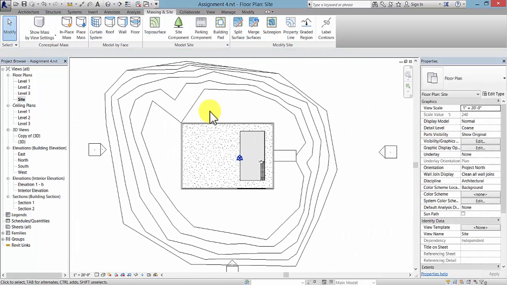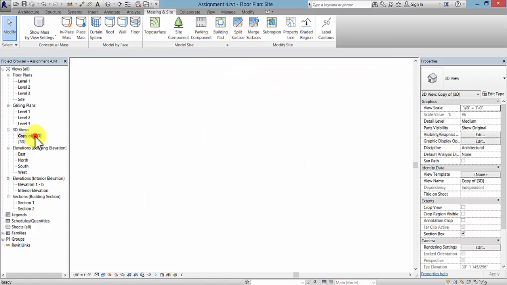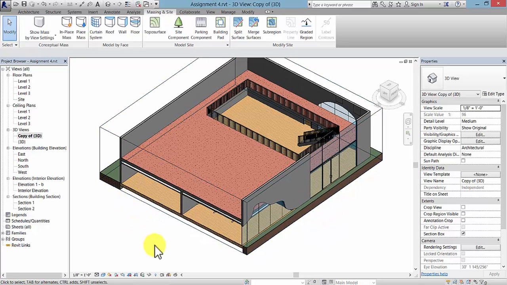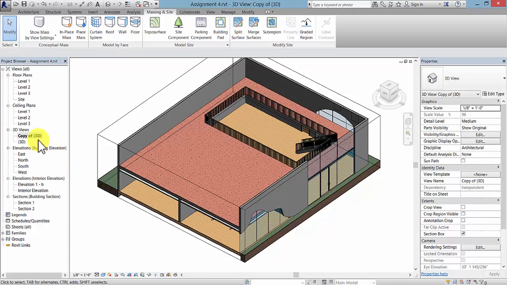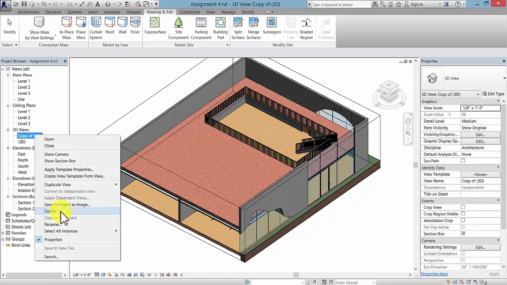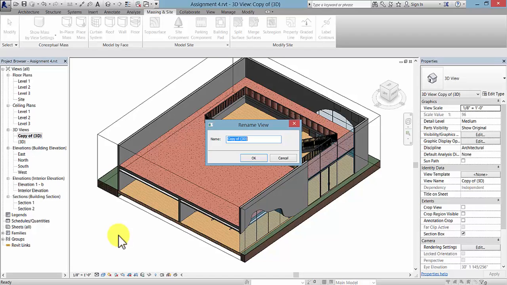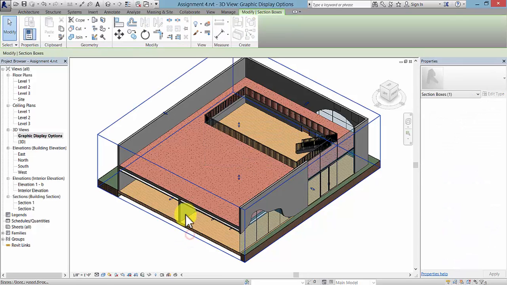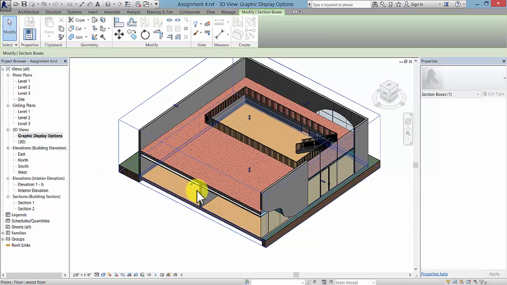Now if we go back to our copy of the 3D view that we haven't renamed yet, you can see that it kind of cut the ground, and it went all the way down to the basement level. And so let's rename this one. We'll rename this view Graphic Display Options. Click OK. And in this one, let's set up our section box so that we kind of like the view